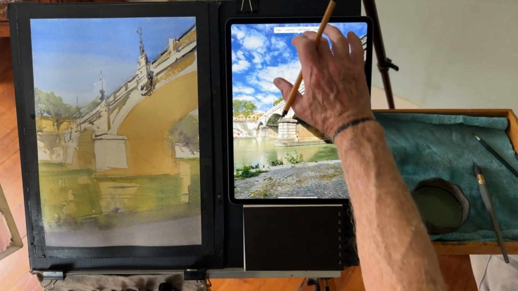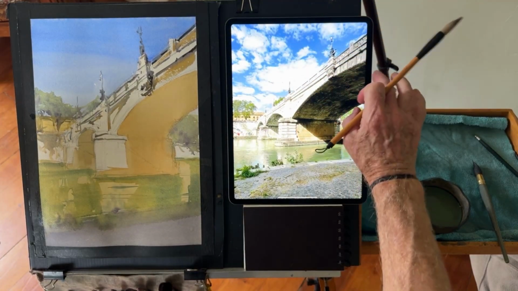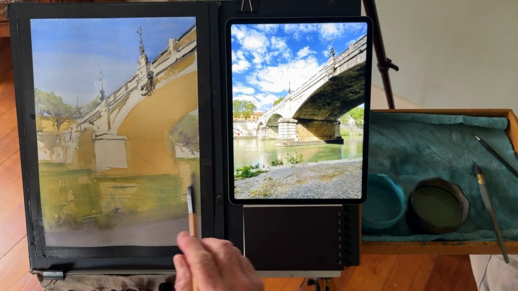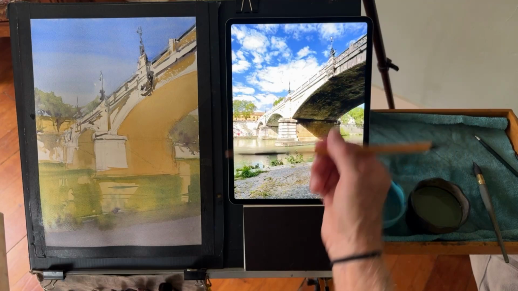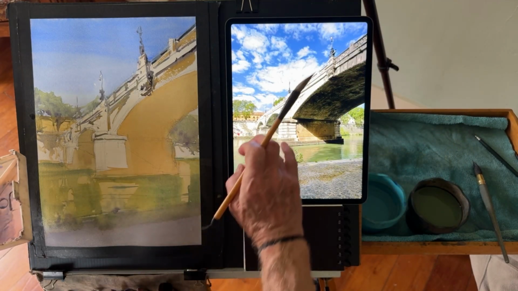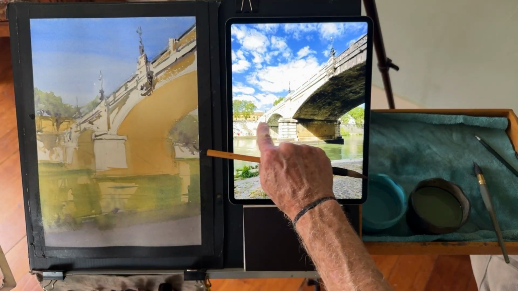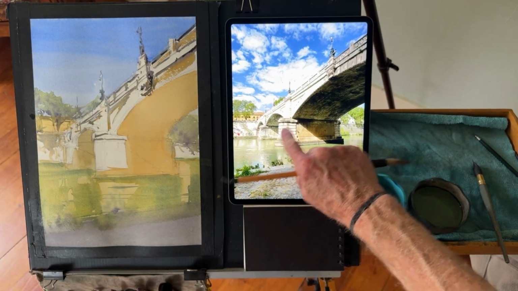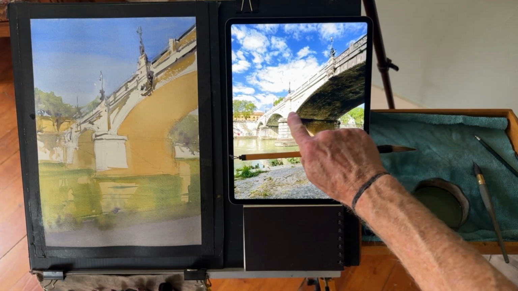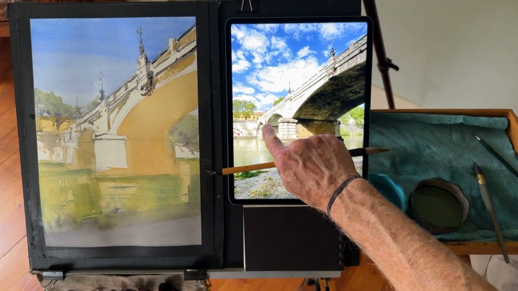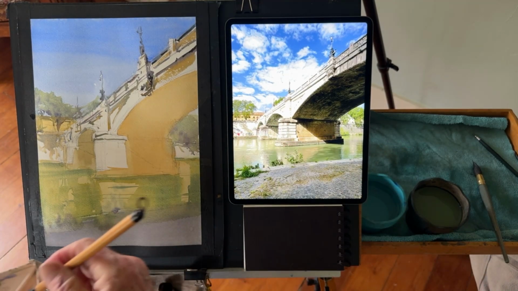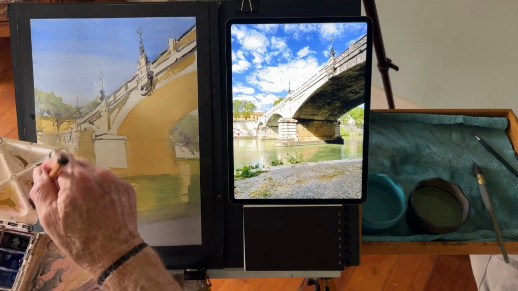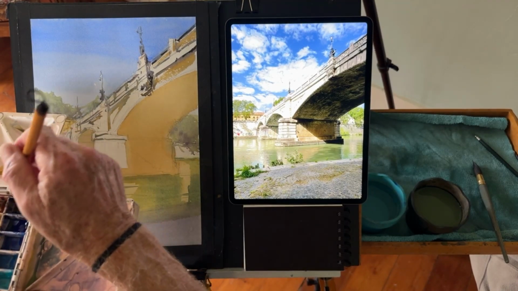Oops. That are here, because we're moving from light to dark. So I'm going to start with the one back here and the one back here. Now you notice if you squint, this one's the darkest. This one's a little less dark. That one a little less dark still. So I'm going to get into that blue-brown